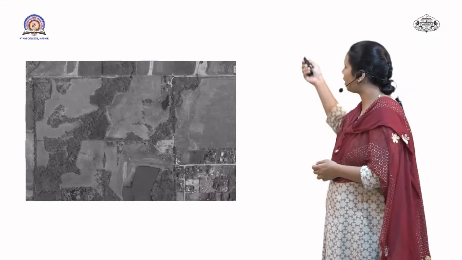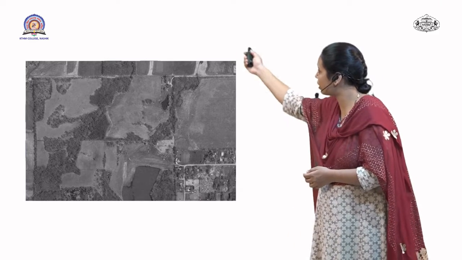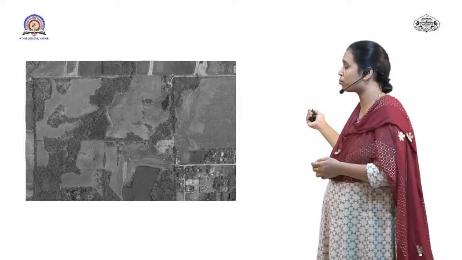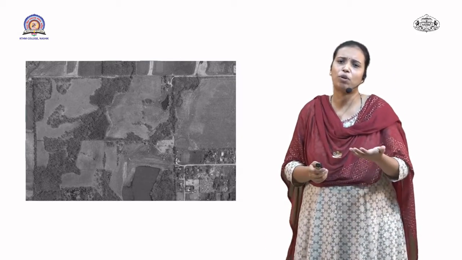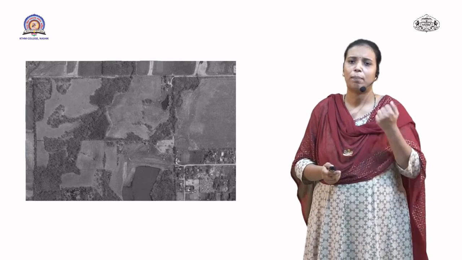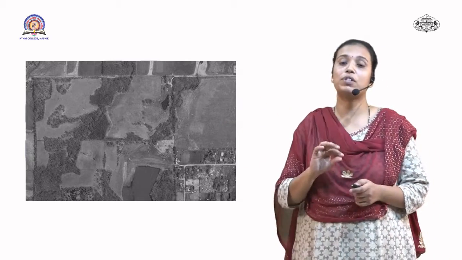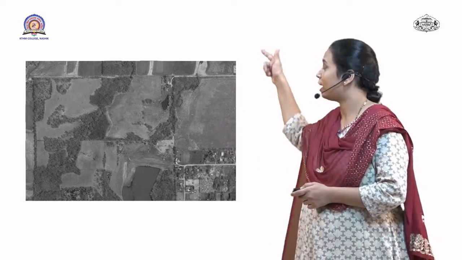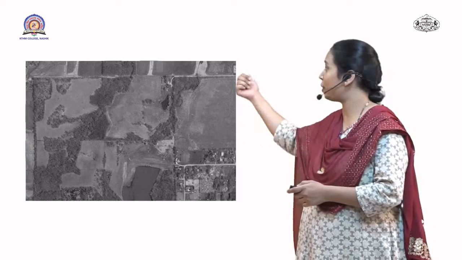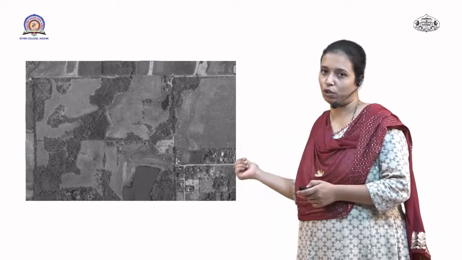You can see that somewhere there are smooth textures on that side, and somewhere here there are smooth textures. So there may be a water body which has a very plain surface. This dark tone with rough texture helps us to identify that it may be the vegetation placed between these two water bodies.